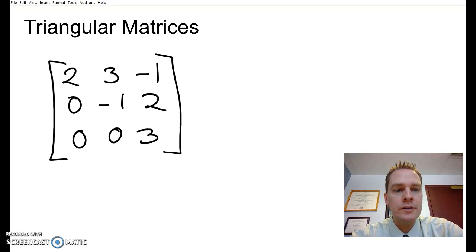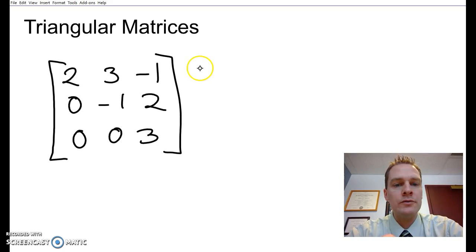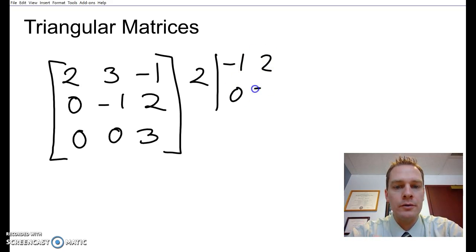I wanted you to see that a triangular matrix has a unique characteristic. So in this case, notice that it's an upper triangular matrix with zeros below the main diagonal. If I were to choose the row or the column that's the easiest, I would probably pick either the first column or the third row, and it really doesn't matter. So I'm just going to pick the first column. If I was doing that, I'd have 2 times the determinant of this minor, which is -1, 2, 0, and 3. Then I'd have a bunch of zeros